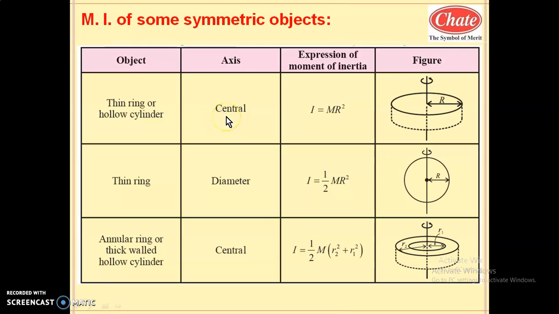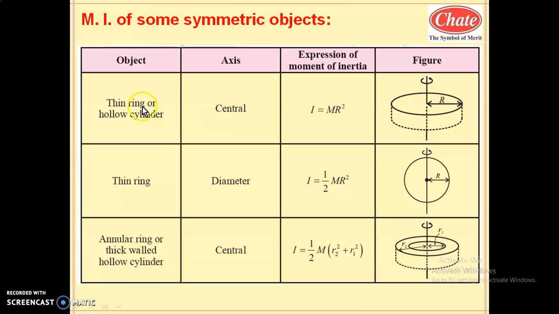So similar to the ring and disc, there are various regular shapes. Students, for these various shapes, you must know the moment of inertia about the central axis. So we have completed the ring and hollow cylinder. Hollow cylinder means like a pipe. Both have the same moment of inertia about their central axis. Because what is the difference between ring and hollow cylinder? When a hollow cylinder is cut into a number of sections, we will get rings. So the difference between ring and hollow cylinder is of thickness. Moment of inertia does not depend upon thickness. Moment of inertia depends upon mass and radius.